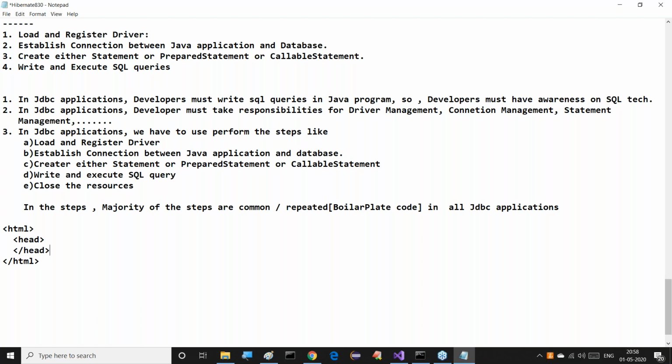Inside the head, we write meta tags, at least a meta tag and an encoding tag. Next is the body tag. This is the minimum HTML code in each and every HTML file. This repeatable code is called boilerplate code.